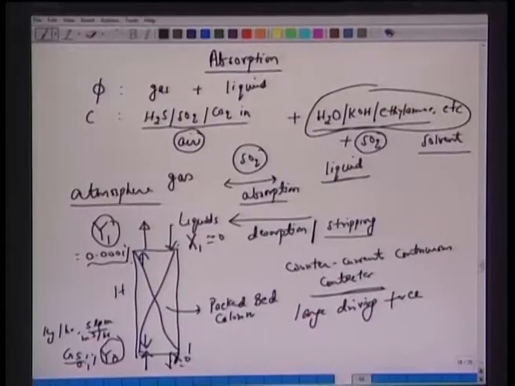Now, before we get into the detailed design or write down the operating balance, if we recall, we have to establish the equilibrium. We are talking of absorption from the gas phase, where a certain species is transferred into the liquid phase, sulfur dioxide from air into water. So, there has to be an equilibrium curve. In other words, given pressure and temperature, water cannot take sulfur dioxide in excess of certain concentrations. Water cannot take ammonia in excess of certain concentrations. Ethylamine cannot take H2S in excess of certain concentration. It is decided by thermodynamics, equilibrium. These are all equilibrium curves.